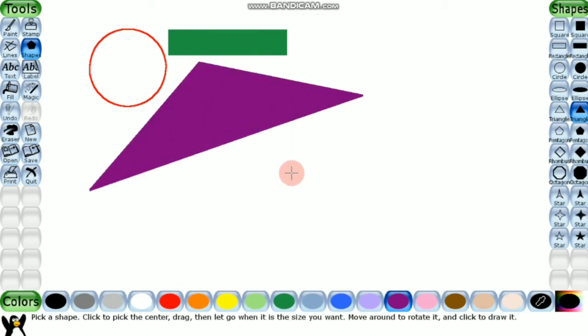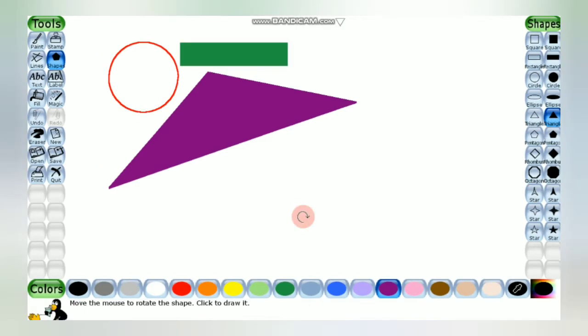It is filled because I have selected the filled shape, and these are unfilled shapes. This is how you can draw any shape in your drawing. Fine. There are 16 subtools, or 16 different shapes, in the sub toolbox.